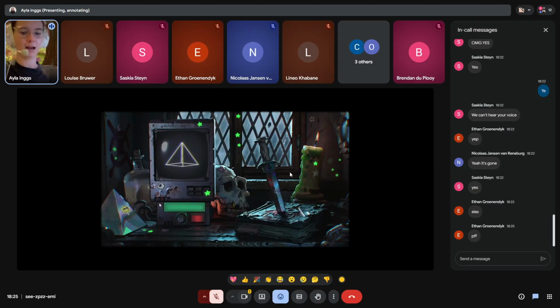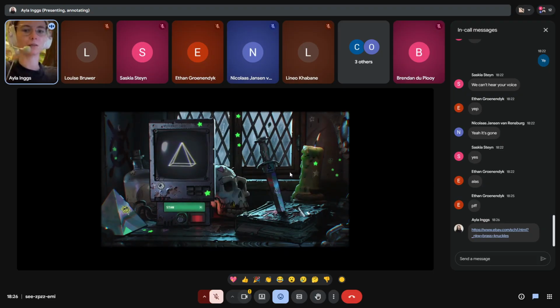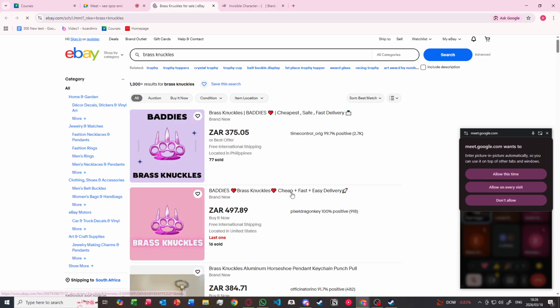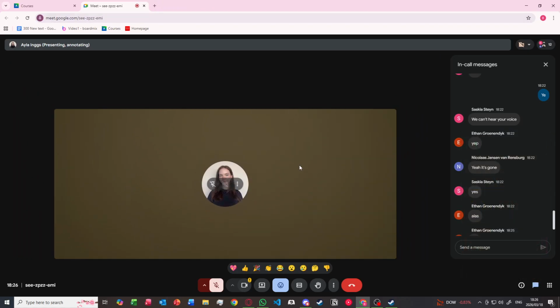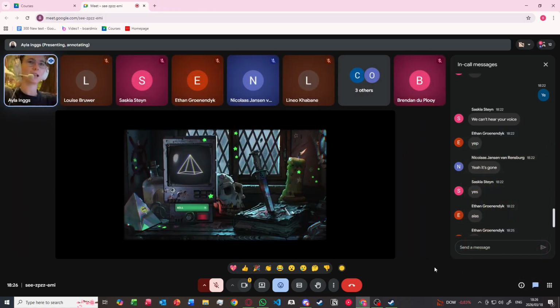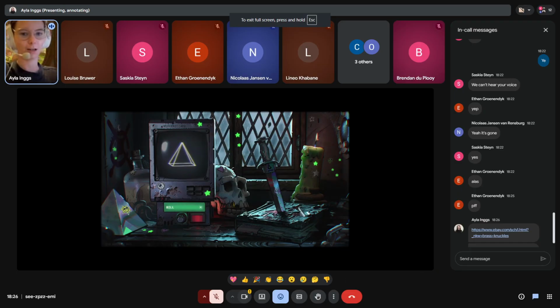If you type in Stan, it takes you to a Brass Knuckles eBay page, which is very interesting. I know you can't see it because I'm only showing the one screen, but it literally takes you to, I'll pop it in the chat, then you can have a look yourself as well. This is the page it takes you to, Brass Knuckles for Stan. If you type in Bill, it opens a Wikipedia page, like an eye page. I think there's another one where if you type in Bill, it actually takes you to the definition of a triangle. Like, it's really silly things.